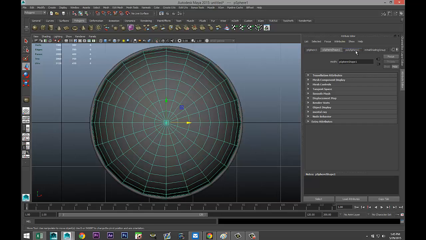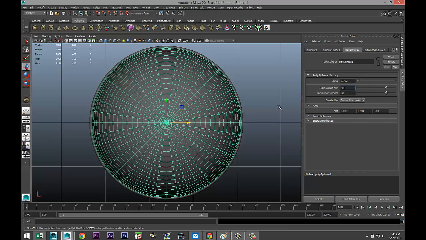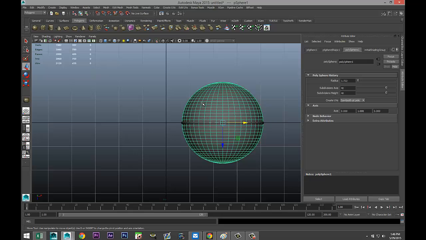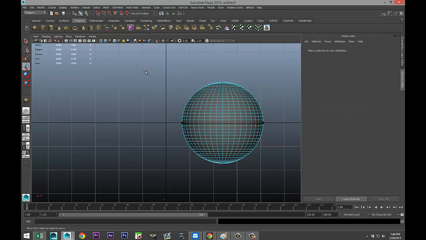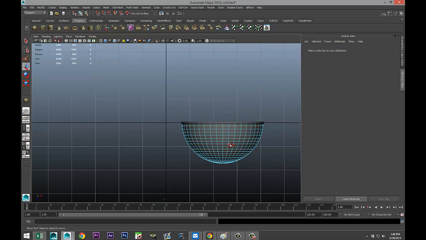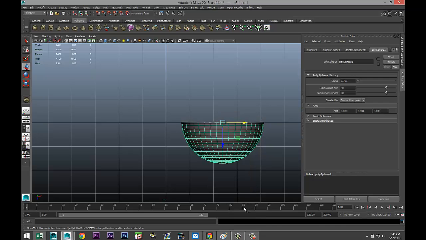And we're going to add some subdivision. So let's do 40 by 40. Okay. And then I'm just going to approach it from the top. And I'm going to right click, go to face, and I'm going to drag select the top half and hit delete. Okay. Then I'm going to right click, go to object mode, take this guy,